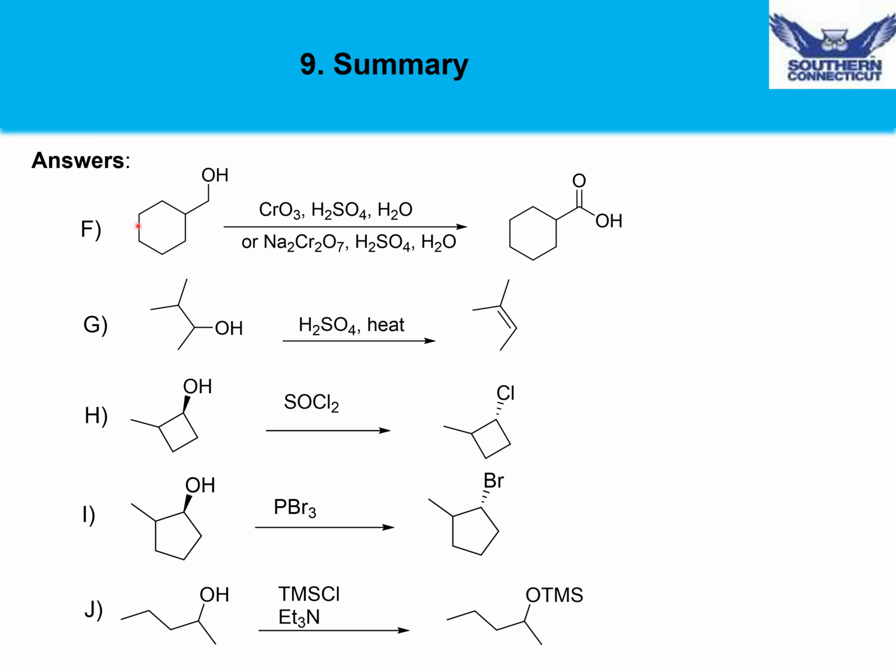In the first reaction in this slide, we have a primary alcohol being oxidized by chromic acid. That will lead to conversion of the alcohol into an aldehyde initially, which will then be further oxidized into a carboxylic acid. In the second reaction, the secondary alcohol will be dehydrated with sulfuric acid and heat to give the cis alkene. The trans alkene, which would form with this set of carbons, is going to be the